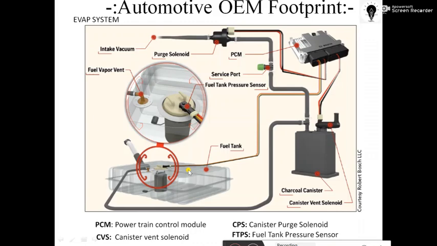So nowadays, in BS4 and BS6 vehicles, even two-wheelers are coming with this technology called the EVAP system, which controls the evaporative emission of fuel, which normally occurs whenever you park your vehicle in an open area or open to the sun. In that case, due to the high atmospheric temperature, it starts to evaporate the fuel, and it starts to enter the atmosphere. So this is an EVAP system I have presented in front of you.